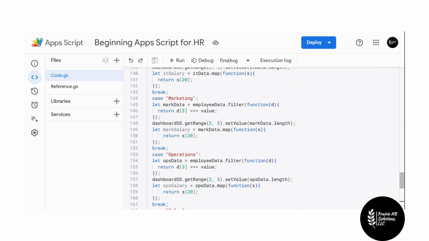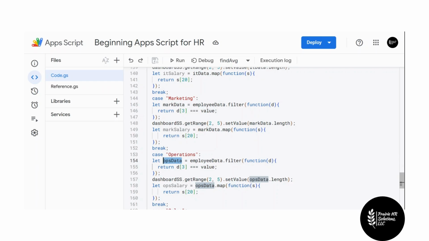What we're doing with this filter is taking this two-dimensional array and going through it, and we're essentially saying we're going to return a line of data when the third index, or that division column, is equal to the value, which would be operations in this case, or whatever's coming from that field. And then we're going to store this in that variable here